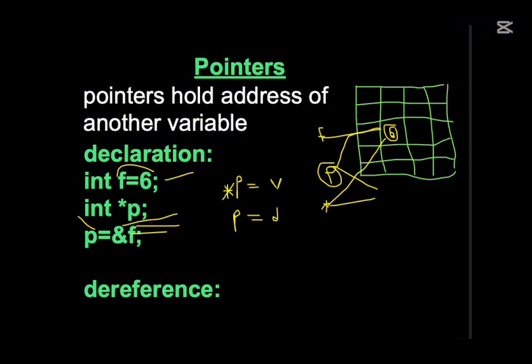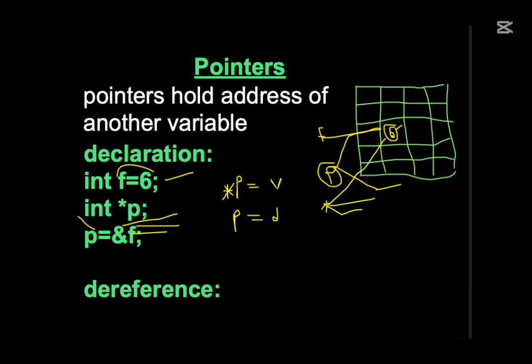So this is the address, you give me the address, which is the p, and this asterisk is the key that you gave me to enter your house. Without the key I can't enter your house, but I can actually know where your house is. I can get to your house, but there's no way I'm going to enter to make any changes. That's the reason why we need to use this asterisk every time we need to make changes inside the